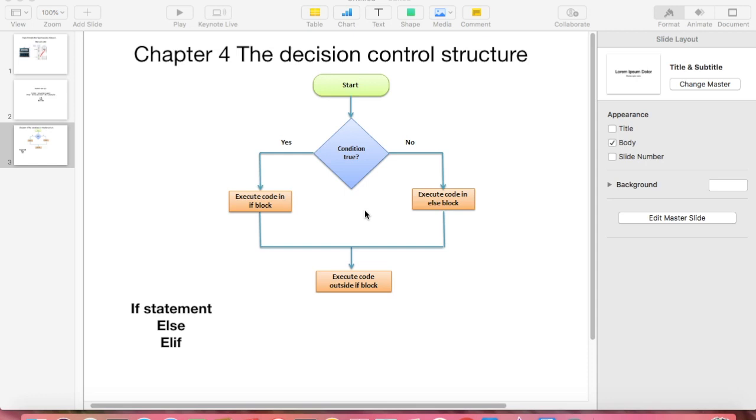Currently we are learning Python programming and today we will be discussing chapter 4, that is decision control structure. Okay, now what is a decision control? It's a type of statement where we test certain condition. If the condition is satisfied, then we do a certain action. If the condition is not satisfied, then also we perform certain